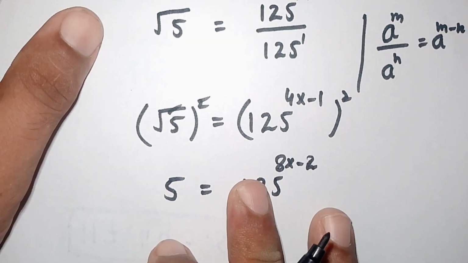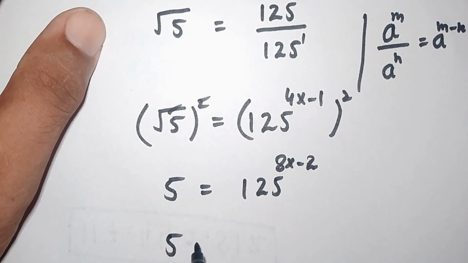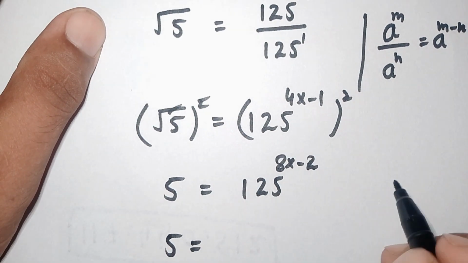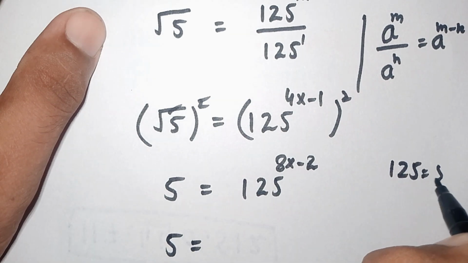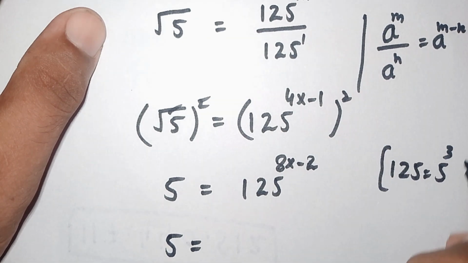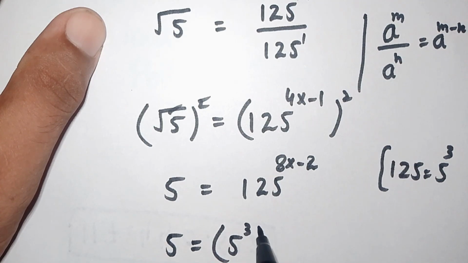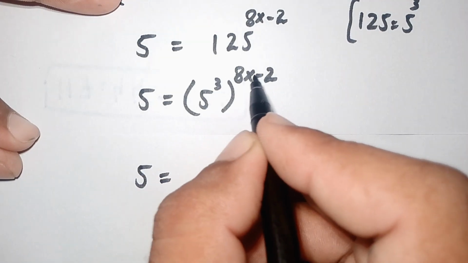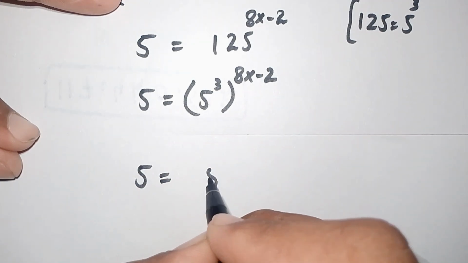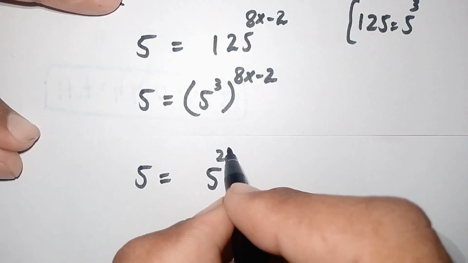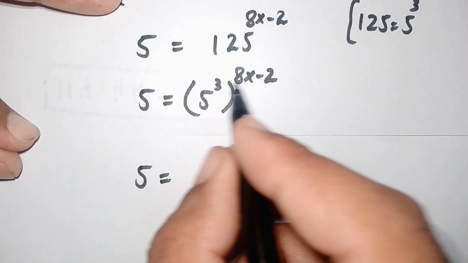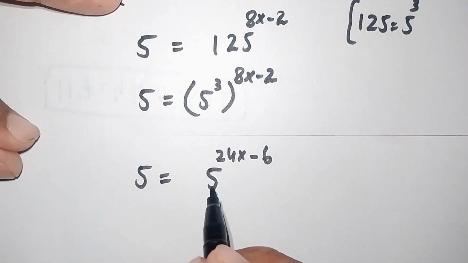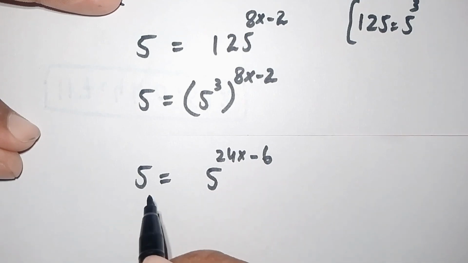Now to solve this interesting question, 125 is equal to 5 to the power of 3. So we have to replace this by 5 to the power of 3 and to the whole power of 8x minus 2. 5 is equal to, we have to multiply this power with this power, so here this will become 5 to the power of 3 times 8 is equal to 24x minus 3 times 2 is equal to 6. So this is equal to 5 to the power of 24x minus 6,